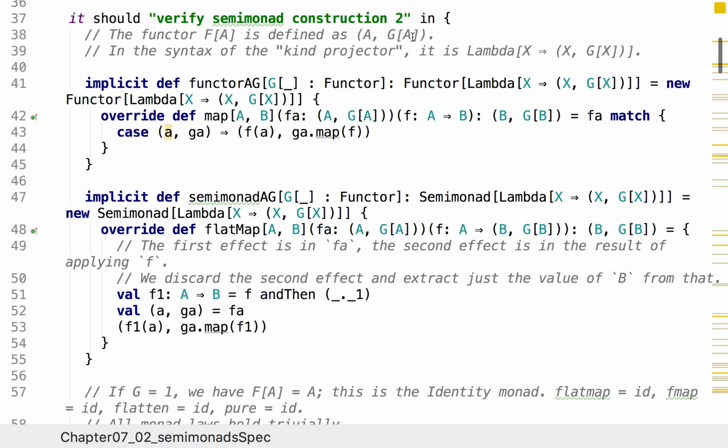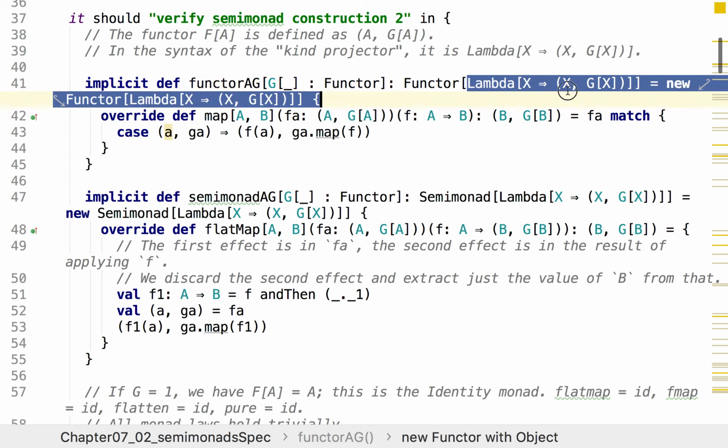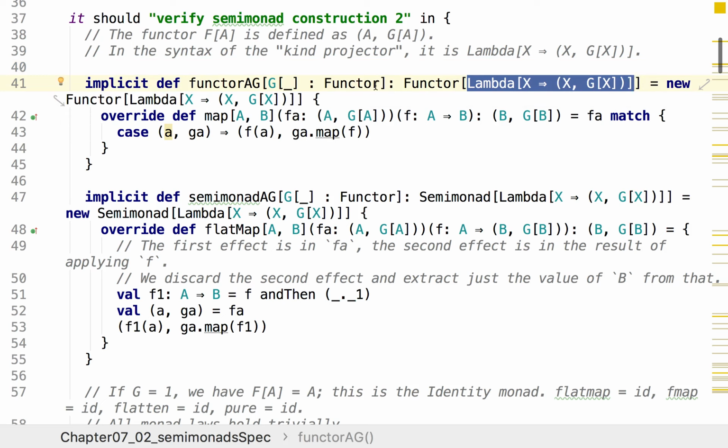directly. So instead of defining it directly, we use the kind projector, and so then this syntax will represent the type constructor that takes a type x and produces the type of tuple x and g of x. And so we will have to keep writing this type expression instead of f, which is okay if you don't have to do it far too many times. Later we'll see we can cut down a little on this repetition. So the functor instance for this type constructor is